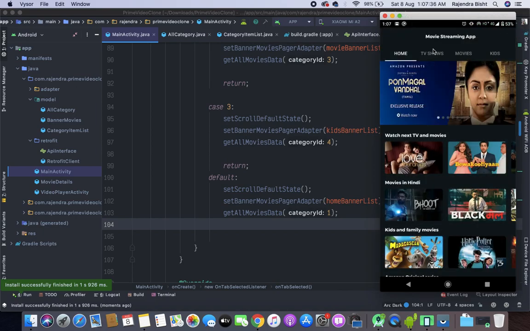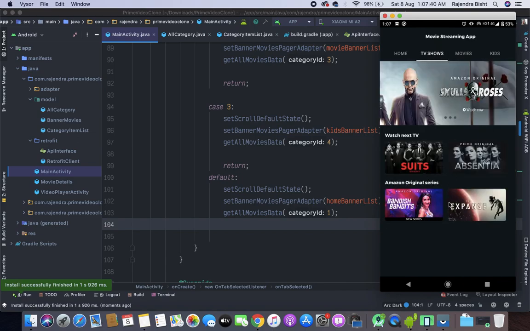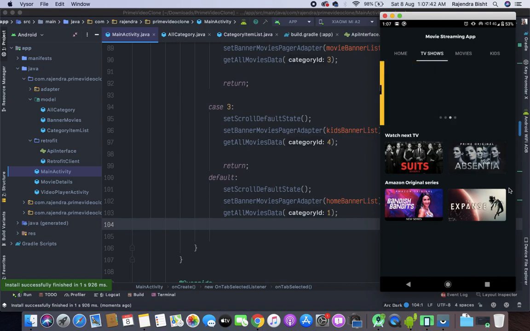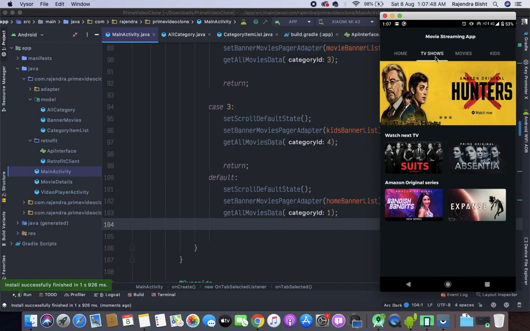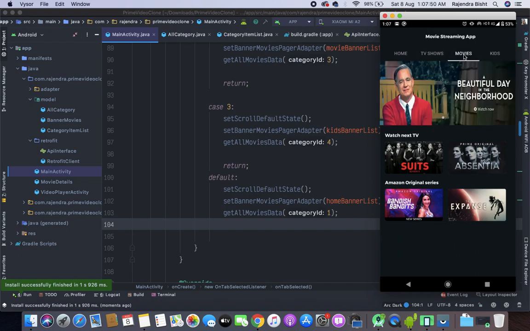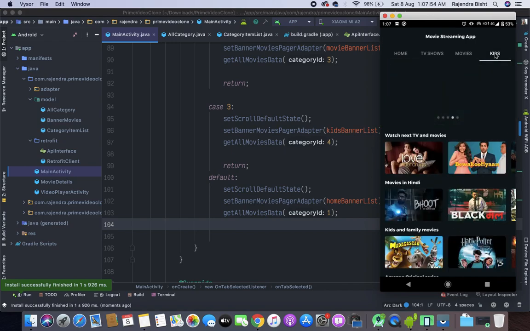So this is our home page. Let's click on TV show. So here you can see that the data is changing. The data is changing and coming from the server based on the category ID. Let's click on movies. Let's click on kids.